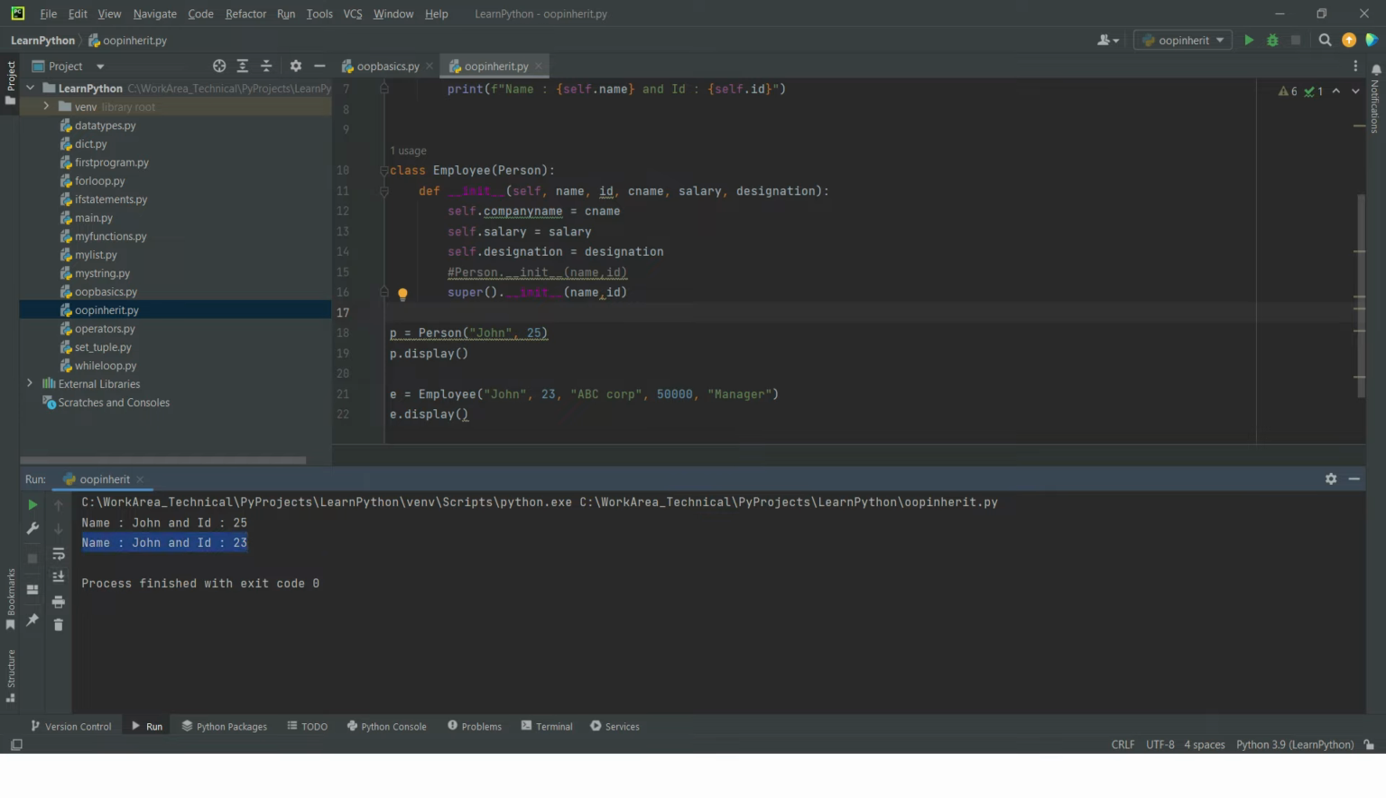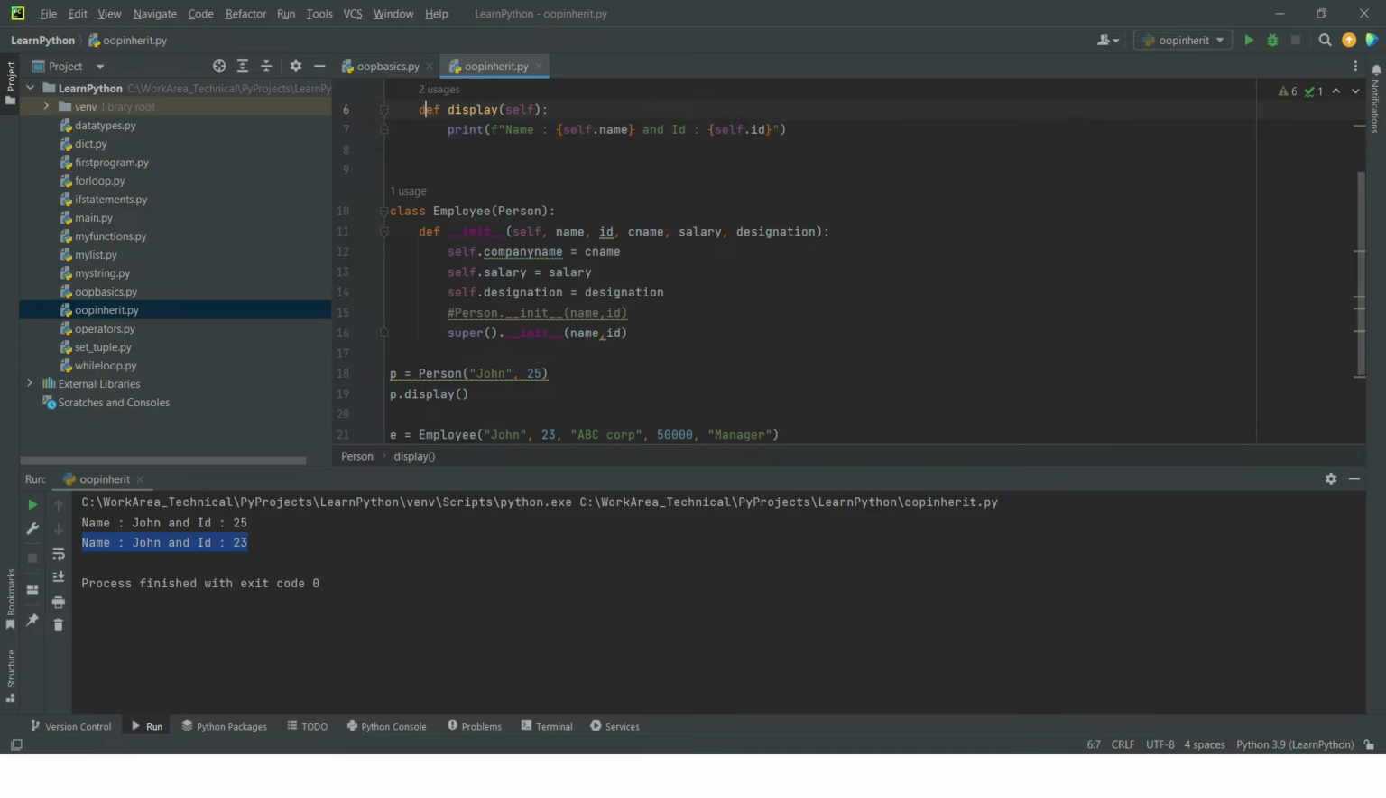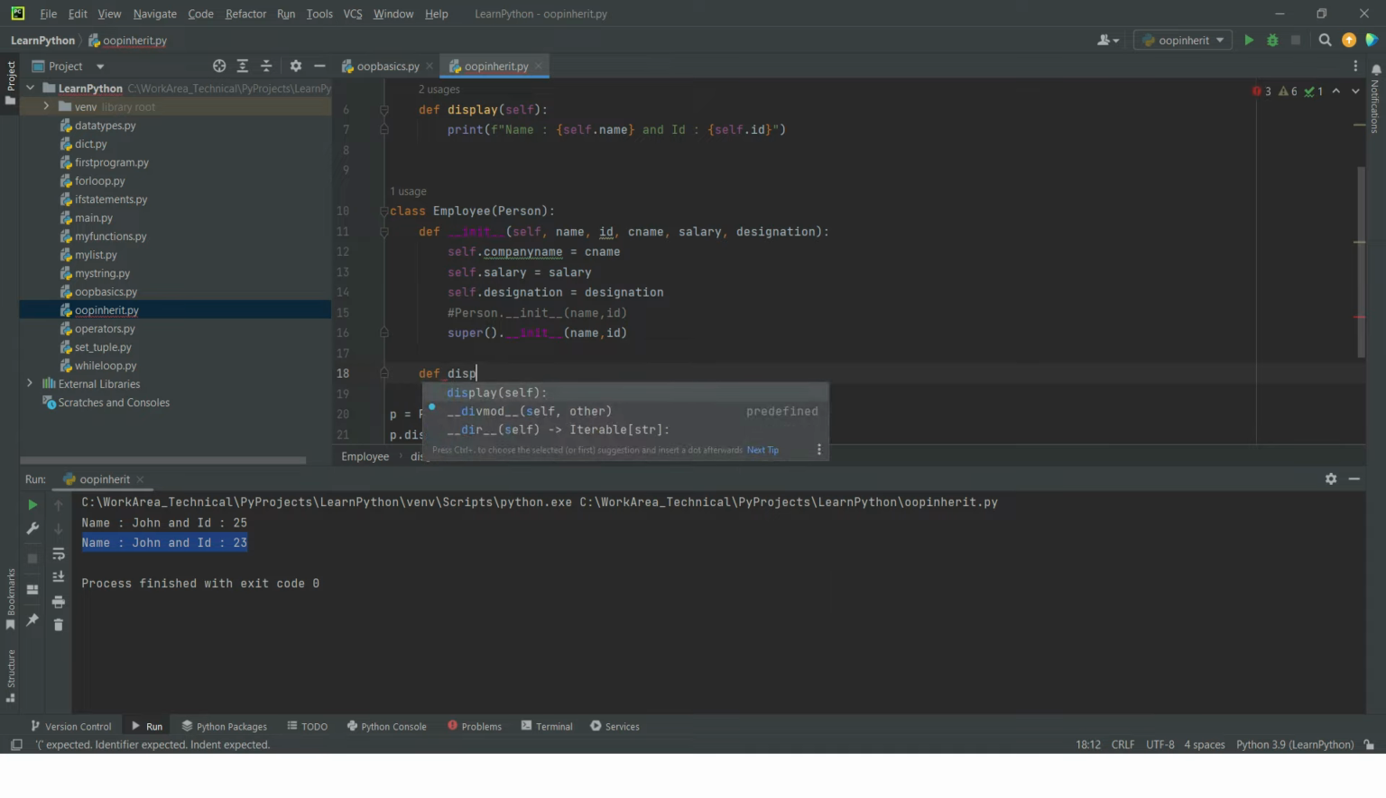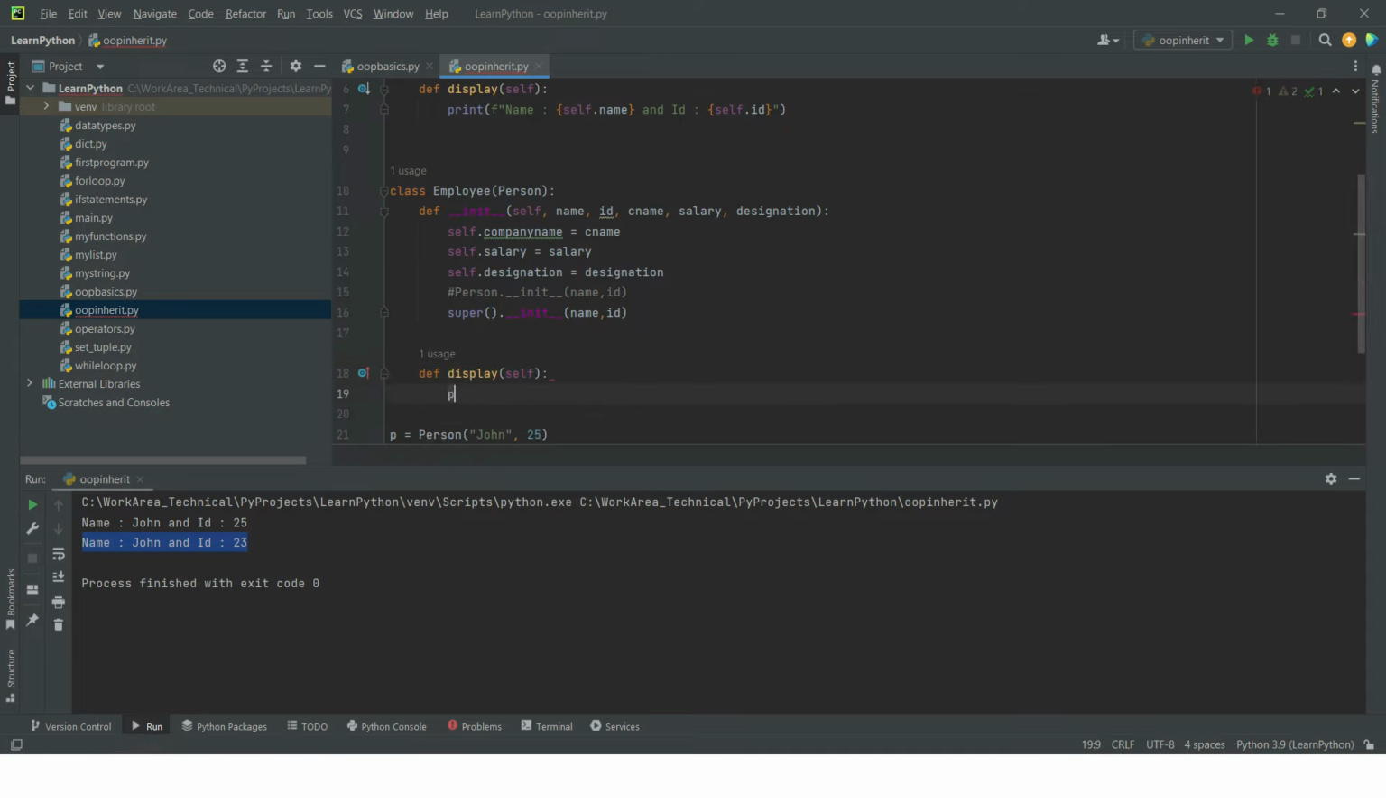But this display is not displaying company name, salary, and designation. Why? Because this display is being called. Now I want to display the employee's attributes as well. So what I'm doing is I'm writing a display in employee as well. Print